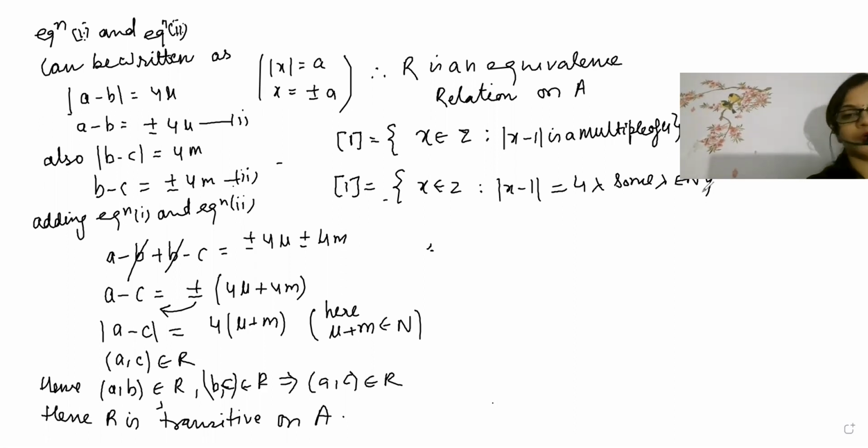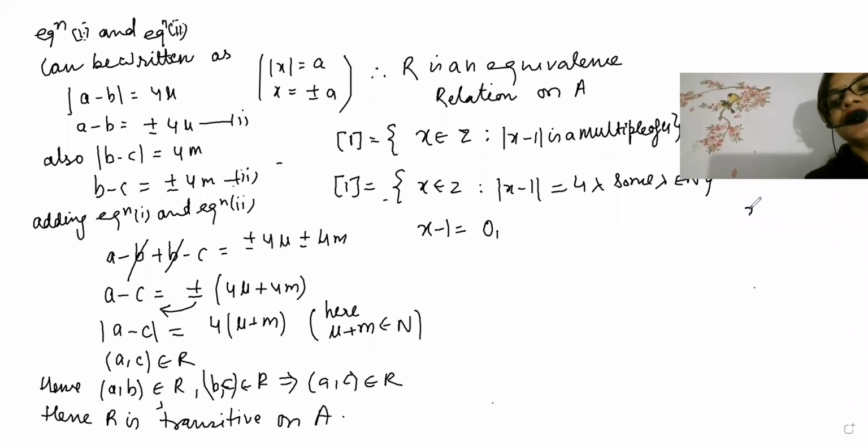If x will be 1, what will be the answer? If you take x as 1, then 1 minus 1 is 0, and 0 is a multiple of 4. Fine. So x minus 1 can be equal to 0, then 4, then x will be 5, then 5 minus 1. So directly we can say the answer, why subtract and write everything. So now beta, you have understood.